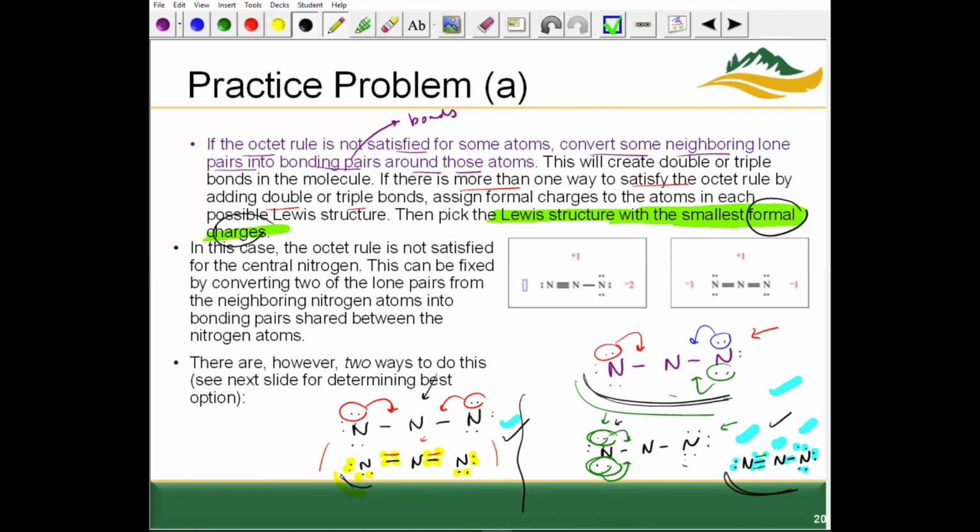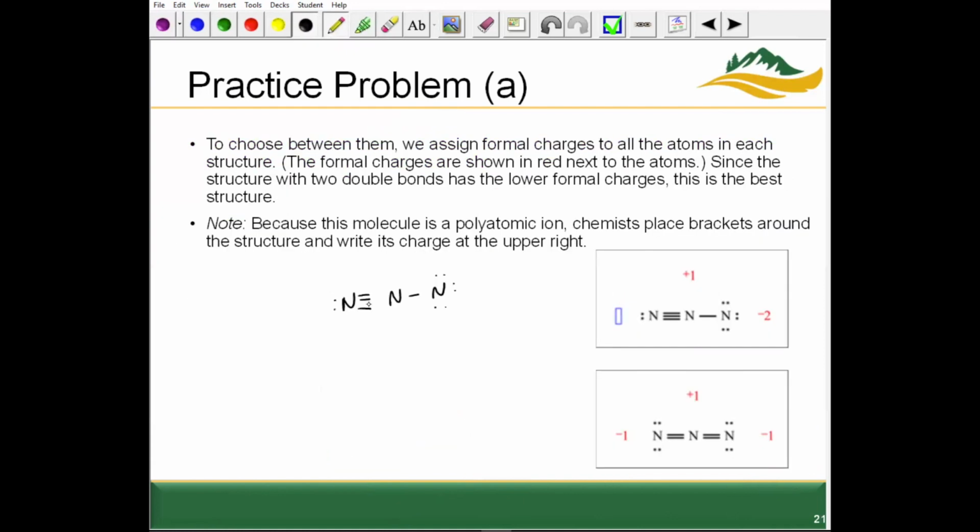Let's see how we would use formal charges to pick which one is better. To assign formal charges, again, we're going to go through this a lot more on the next topic. I'm going to tell you the way I think about it. Nitrogen has 5 valence electrons. It wants 5, quote, things around it. If it has an extra thing around it, it has a -1 charge. So stay with me here. Let me show you. So 5 things around it from the 5 valence electrons, 5 things being 5 regions of